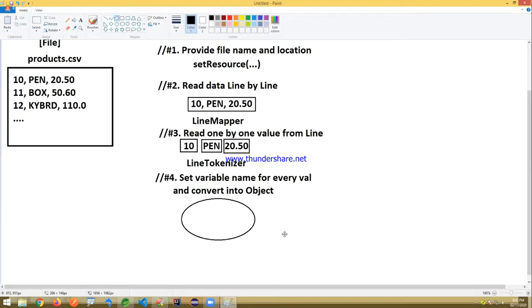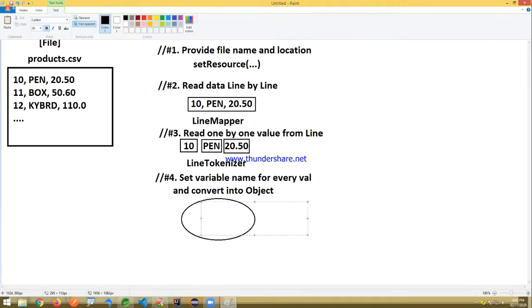We have to convert this data into an object, something like id is equal to, id is a variable name, and code is equal to something like that. That's done by using field set mapper. Field is nothing but an instance variable. Field set mapper, that's the concept to use.